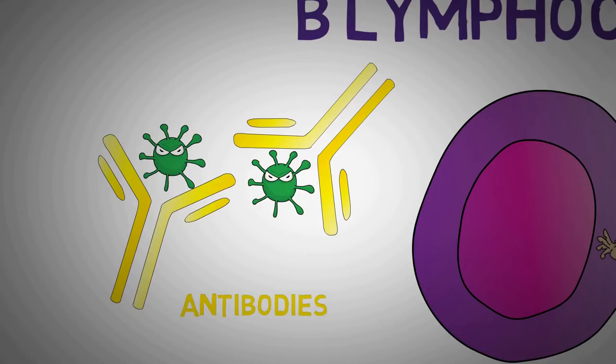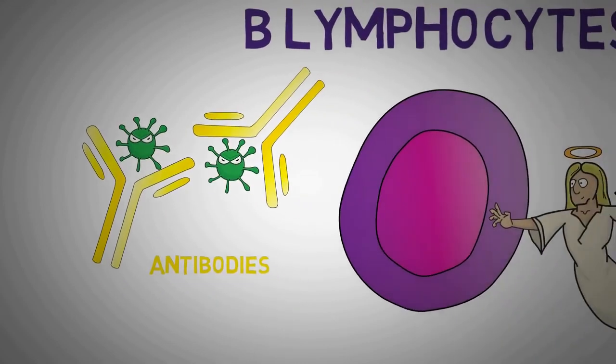This of course happens after the B lymphocytes have had their first contact with the pathogen earlier, which led to an immunological memory stored inside these cells. Upon subsequent encounter with the same pathogen by the B lymphocytes, the cells produce a large number of antigen-specific antibodies that recognize and capture the invading pathogen.